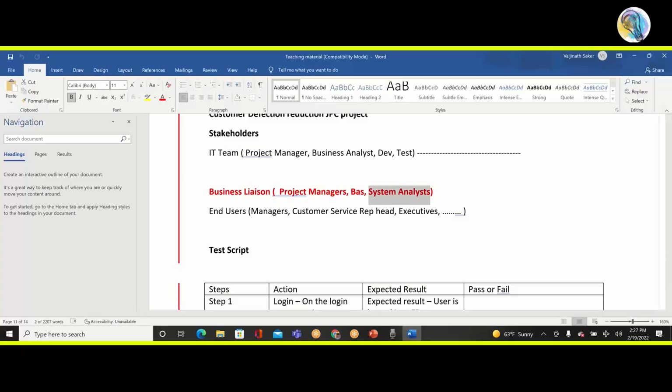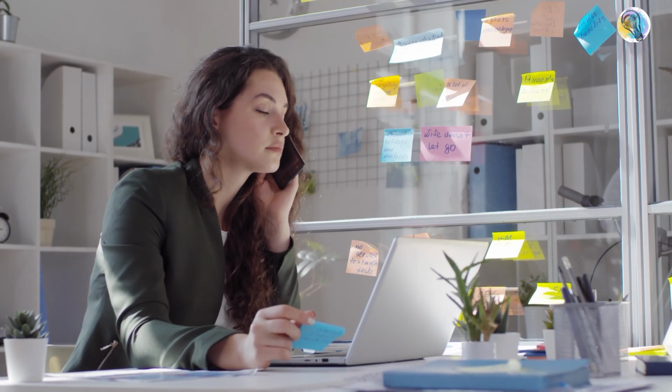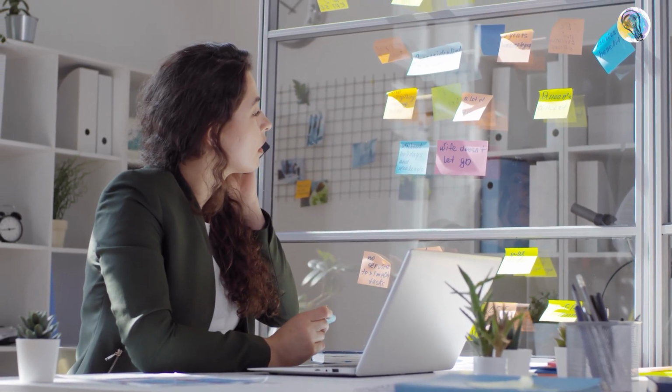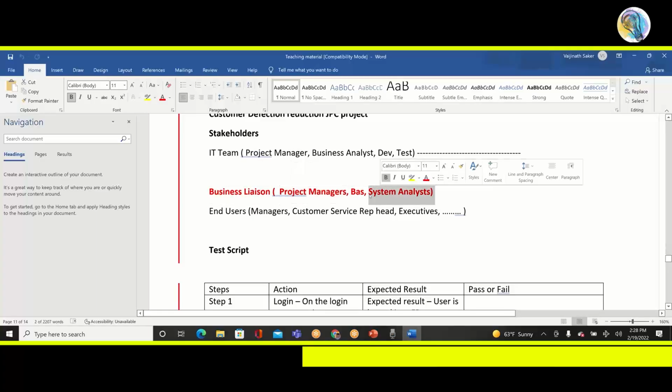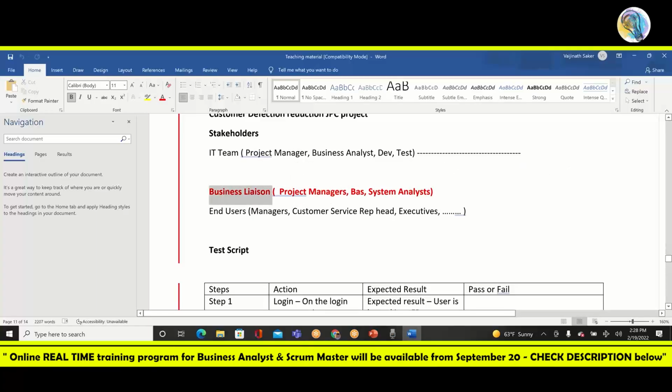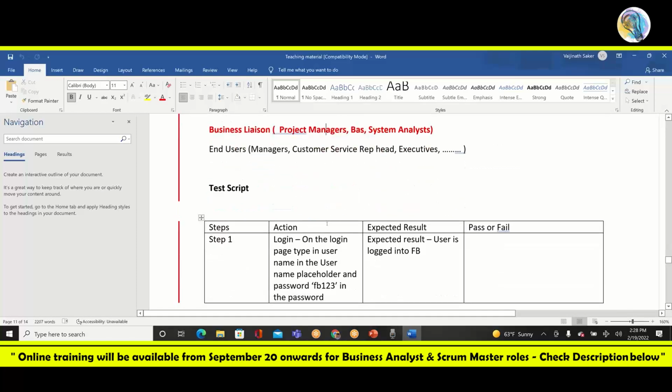Likewise, the business liaisons can be called project managers or BAs or system analysts. They could be called anything, but at the end of the day, they are the business liaison, right? So when someone hires you as a project manager, you might be an actual traditional project manager, but in the place where I work, even the business liaisons are called project managers. You could call them anything you want. So this is the IT team, this is the business liaison,